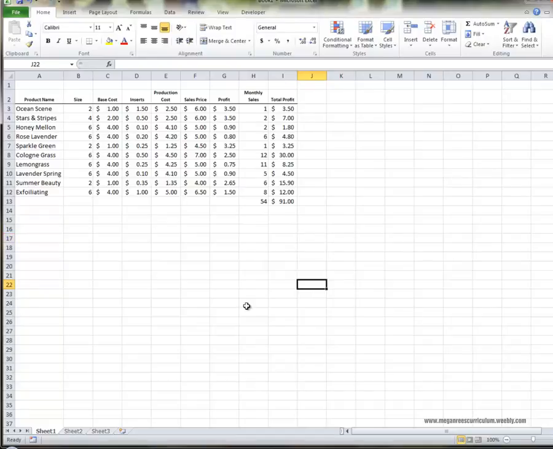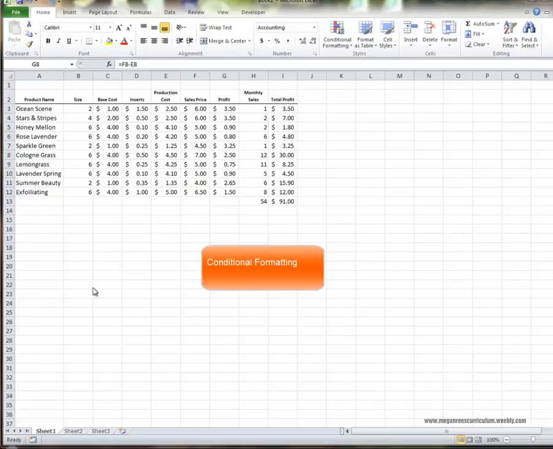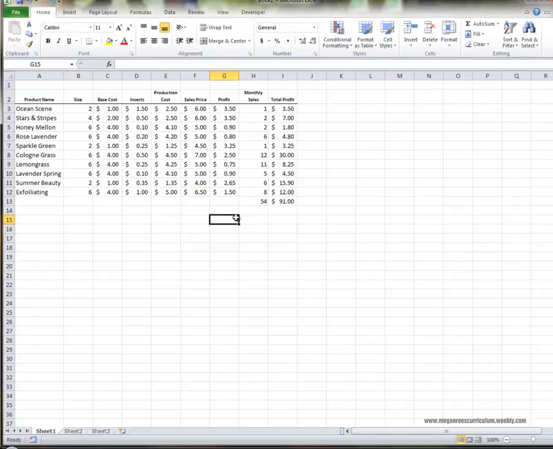Okay, the next thing I want to look at is whether my profit is really helping me out. And so I'm going to use conditional formatting for that. I want to know by just a glance, be able to just look at it and see that I'm not making a lot of profit on some of these, and others I'm making good profit on. So I want to do it visually. I want to be able to just look at it and say, okay, those are the good ones, those are the bad ones. So I'm going to highlight this area, and I'm going to stay in my home ribbon